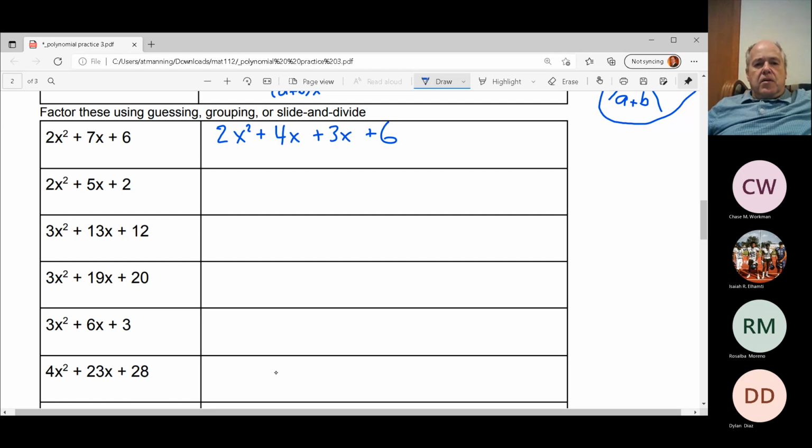Now, what we mean by factor using grouping is I see that these things, this grouping here, that's the same as 2x